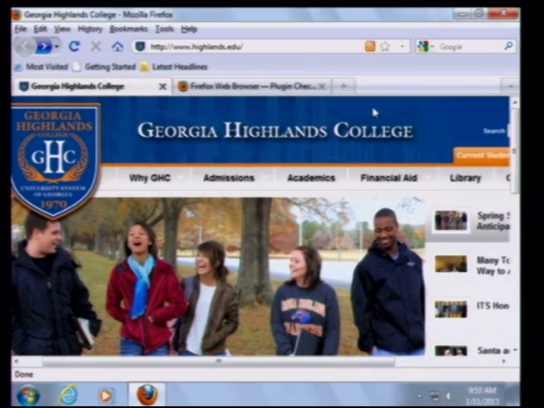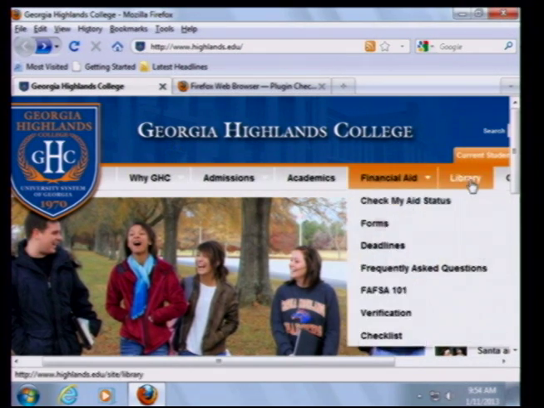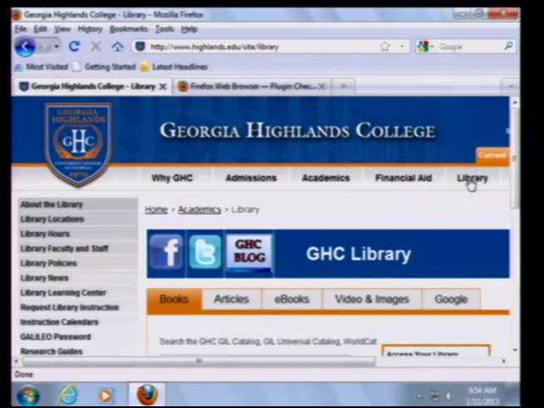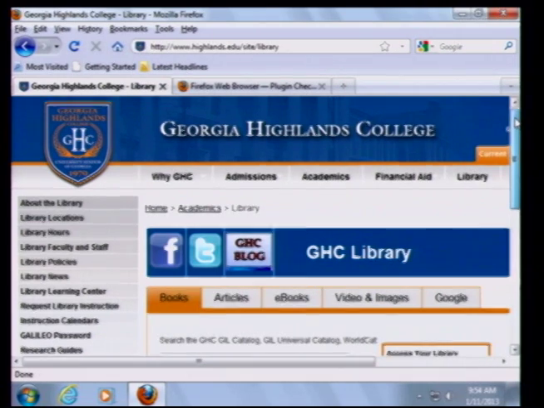So that's my own personal bias, but anyway, let's move on to the library homepage, and I'm going to show you some databases, and hopefully this will be beneficial to anyone who tunes into this. Let's go ahead and look at the college homepage, and if you're new to the library, you can always go to the college homepage as your starting point and then go to Library, this little tab over here on the right, click there, and this takes us to the library homepage.